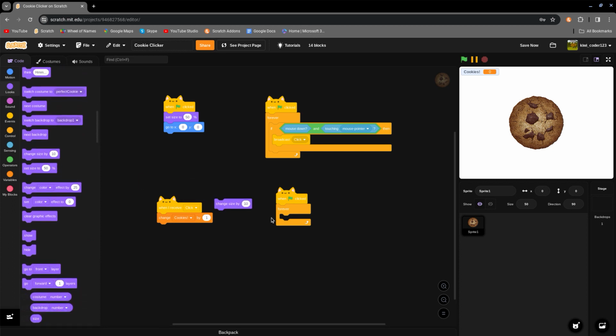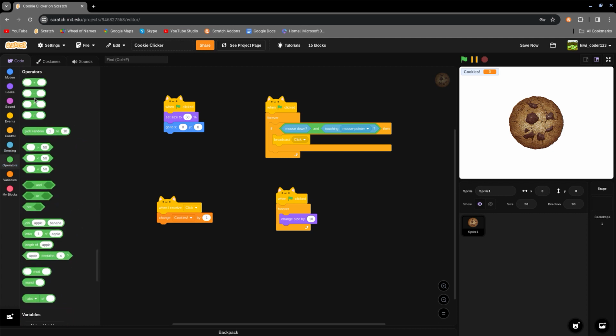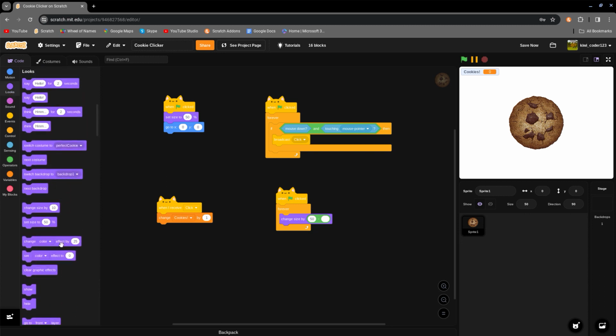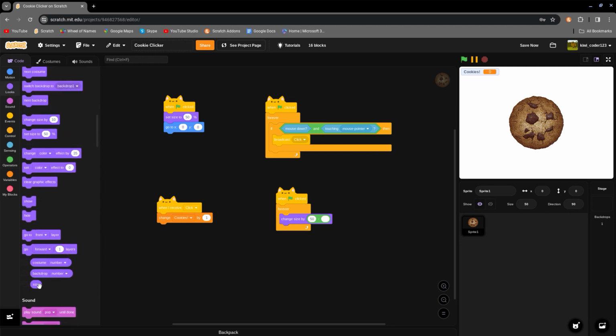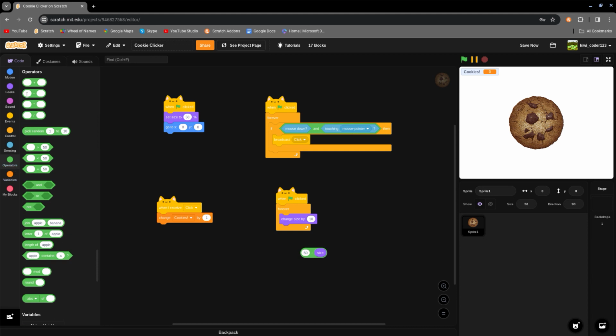We're gonna change size by 50 minus size. So this is gonna instantly go back to 50, but we want it to be in like an animation. So we are gonna do a times block, and then we're gonna put it in the left side,